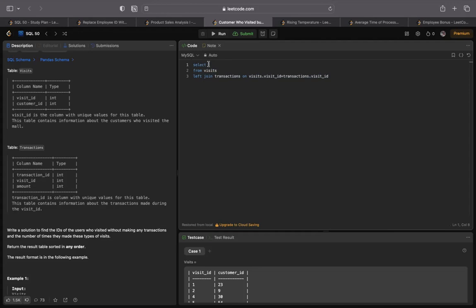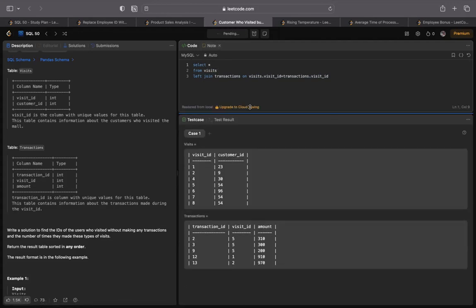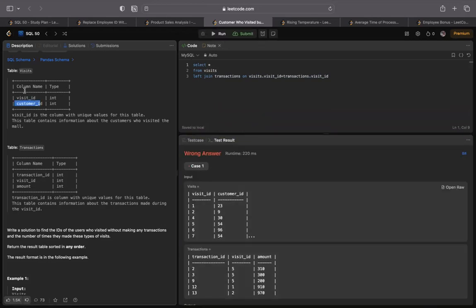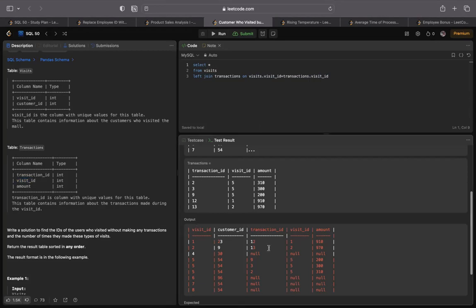Now let's see what all will get printed from this example. What we have done is we have taken the customer ID, we have taken the visit ID, we have joined these tables, and we have printed everything right now. So what has happened? All the visit IDs, all the customer IDs, and all the amounts have been printed, and the